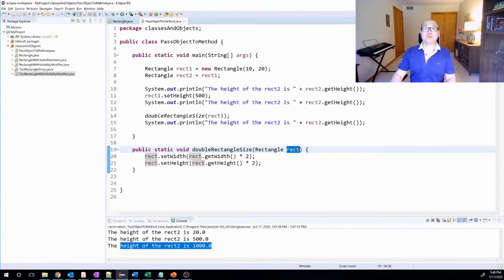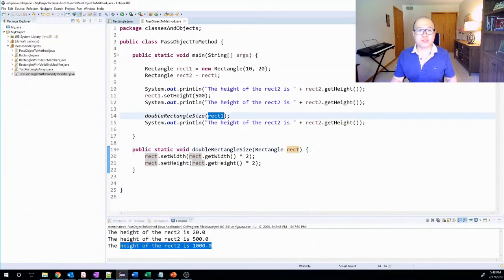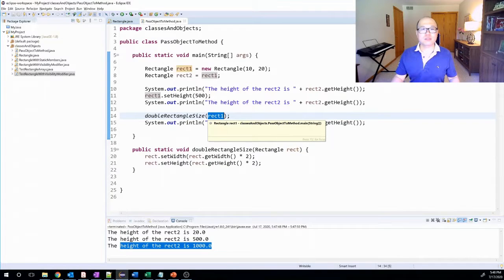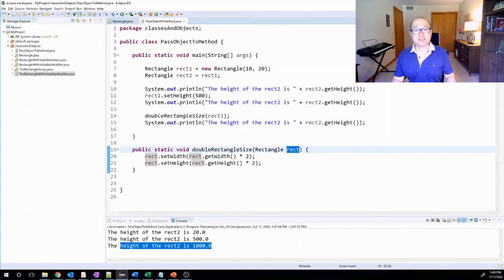Remember, Java supports passing parameters by value. So what's the value of rect1? That is the address of the object, right? So basically, the address of the object will be assigned to this formal parameter. Okay, what does that mean? It means,